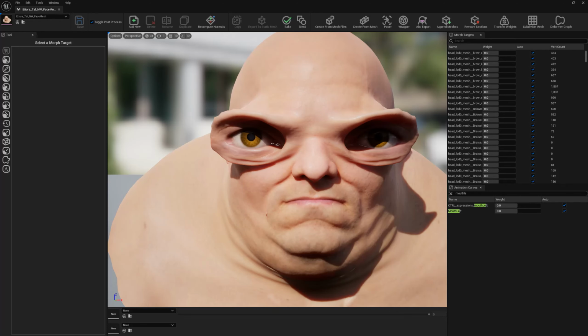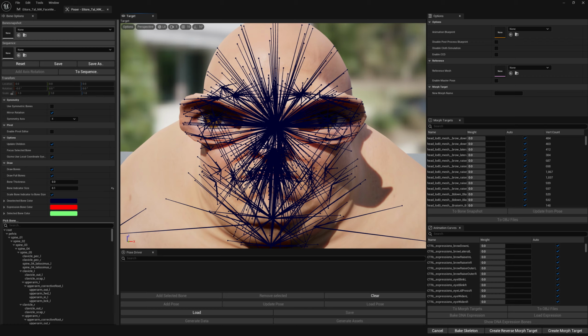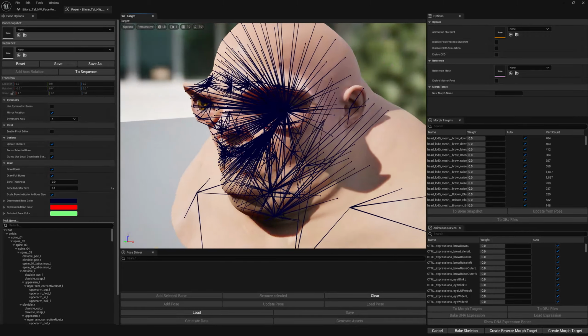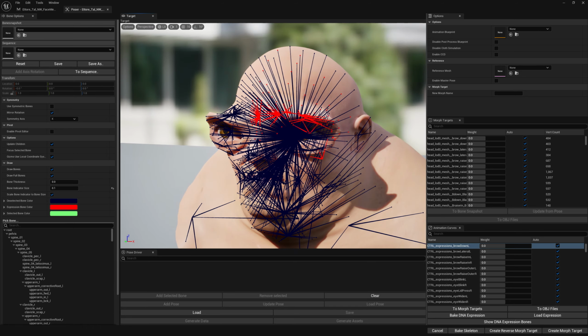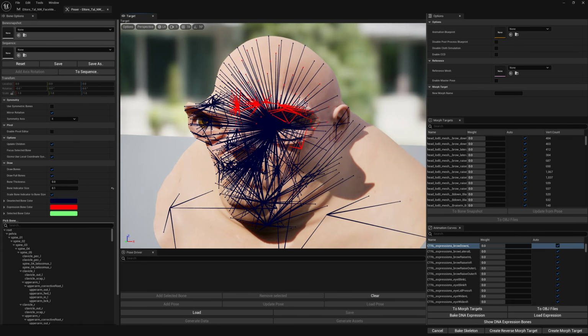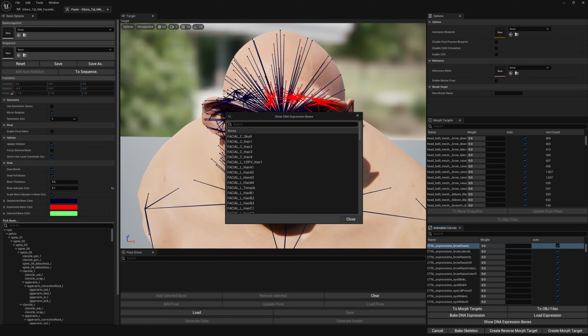In this video I'm gonna show you how we can customize metahuman DNA bone expressions using Mesh Morpher. So with the poser in Mesh Morpher we can now do several cool stuff. For example, if you select an expression, the bones affected by the expressions will be marked. You will be able to identify which bones are affected by the expression, and you can also show DNA expression